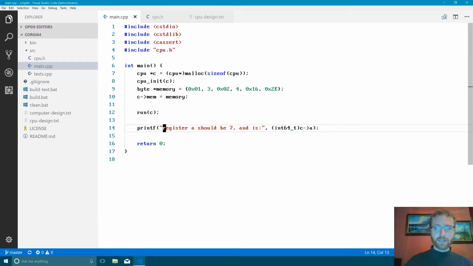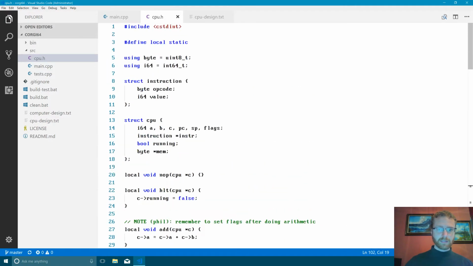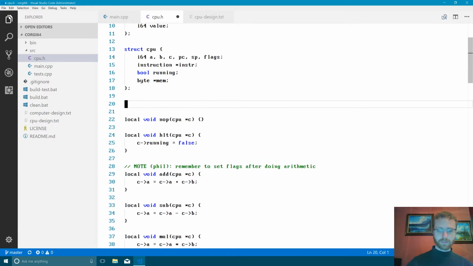The first thing that we'll go ahead and do is create a proper way to print out the status of our CPU. Right now I wrote this just as kind of a placeholder, just kind of junk that we're going to throw away. So let's write a CPU print function that will allow us to have proper printing of our system. So let's do CPU print status, and we'll get a pointer to our CPU,